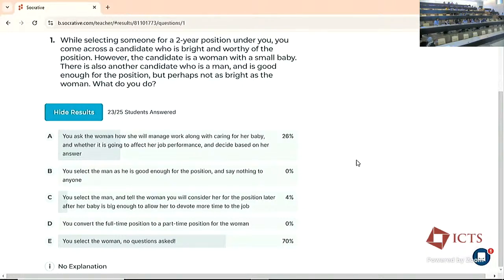Is there anyone here who has a baby? Nobody in the room? How many babies have you seen in a campus? I mean, there are women employees, they must be having babies. Have you seen any baby in the campus with them? How many times? Many times? I mean, but it's not extremely common either that we see crying babies in the campus. I mean, people typically find arrangements, right? By small baby, I mean the baby who cries at night for no reason.